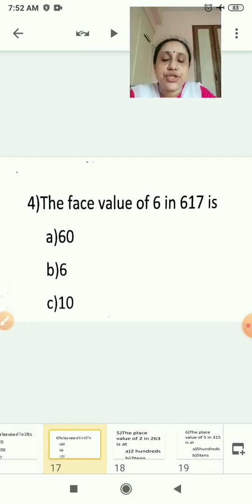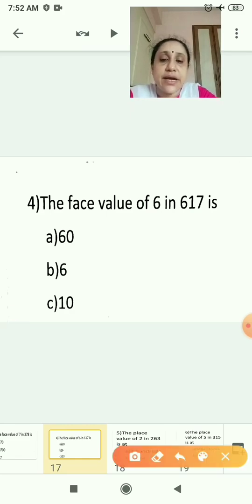Now question 4. The face value of 6 in 617 is. Yes, you try. Face value. Remember, face value. It does not change. It will be the same. So the answer is 6.